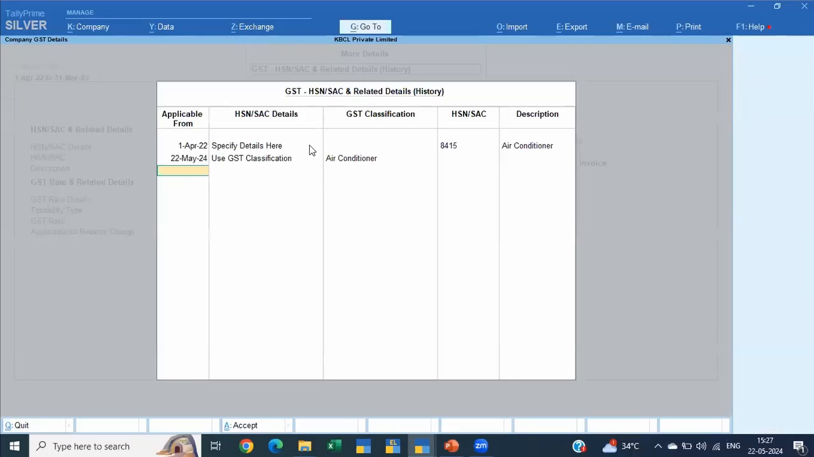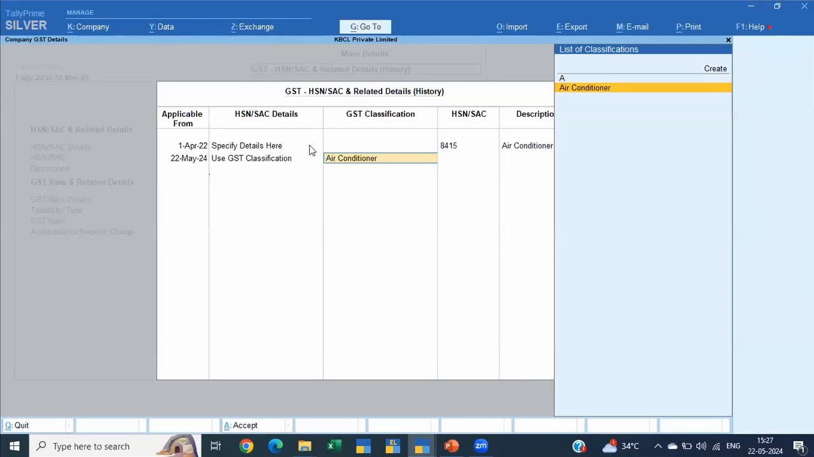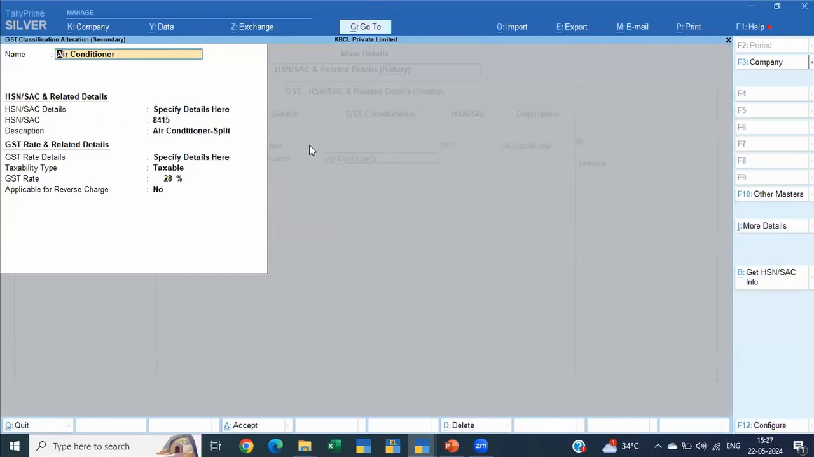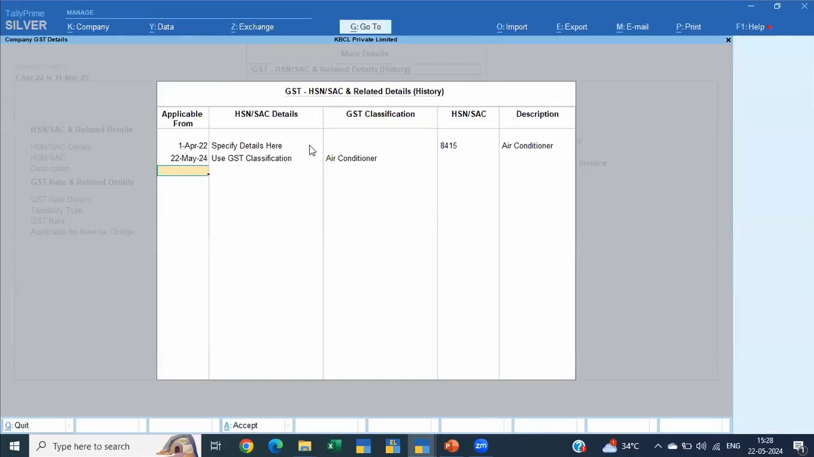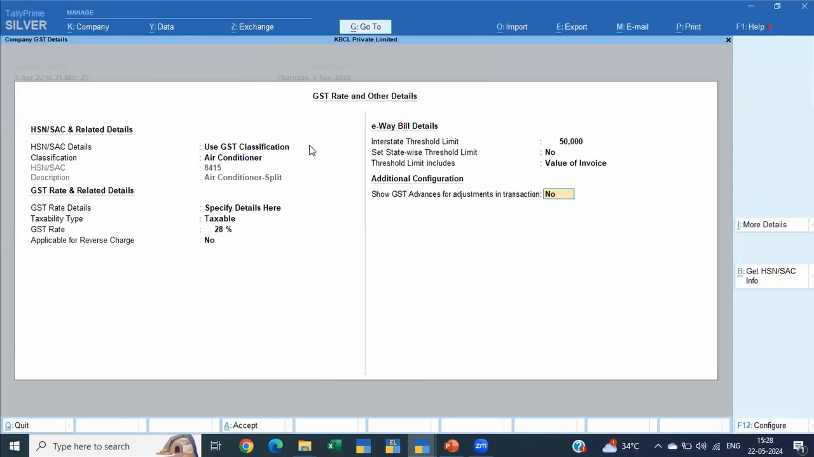Now how are we going to link that classification? I will show you again. I will just go back to this, use GST classification, and enter into this classification. We created one classification, and in that classification we said, okay, this is the HSN detail. Even in classification, you might say that I don't want to define it here, I want to define it elsewhere. That also can be done. And I wanted to specify the rate also here, because that is the purpose I'm creating this classification. And the moment I said this, can you see this has changed? When you go to history,